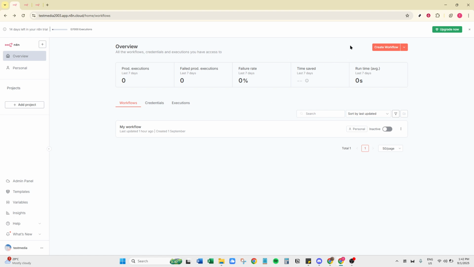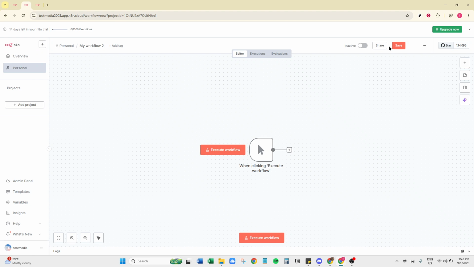Once you're in the dashboard, look for the option to select workflow. Clicking on this will essentially set the stage for the integration that we're about to create. Selecting a workflow is crucial because it determines where you want your Airtable data to be integrated within the N8n